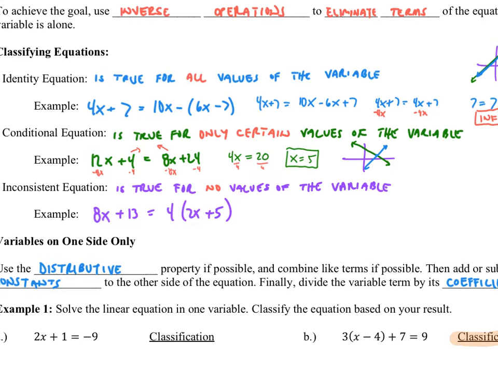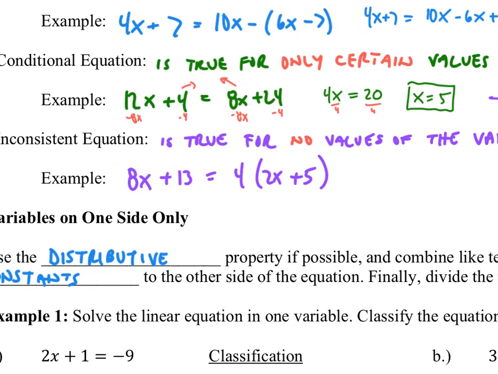And then the last one, inconsistent, so we should end up with no values that work. So again, looking at this equation, noticing I need to simplify this right-hand side first. So I'm going to do some distributing. So I get